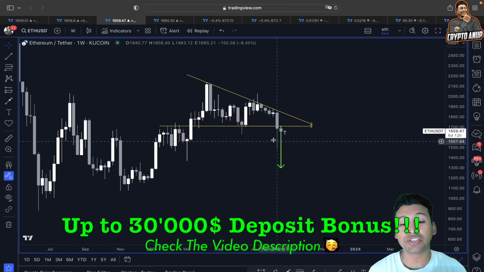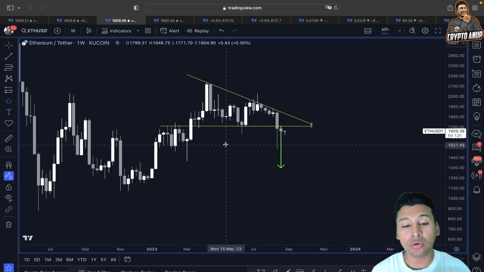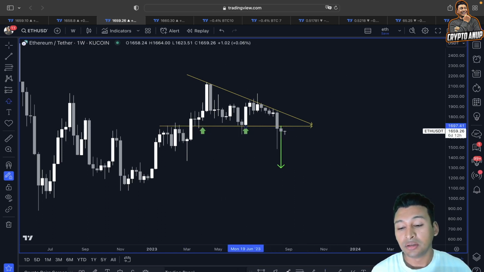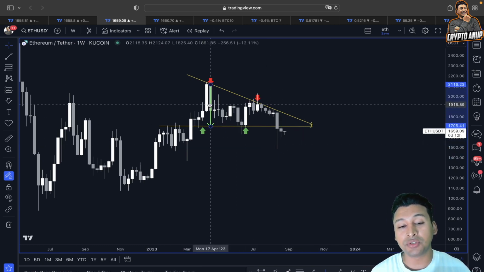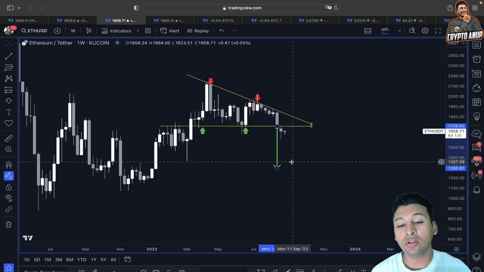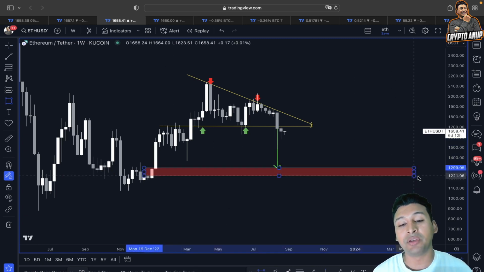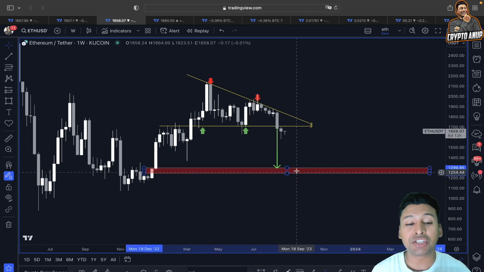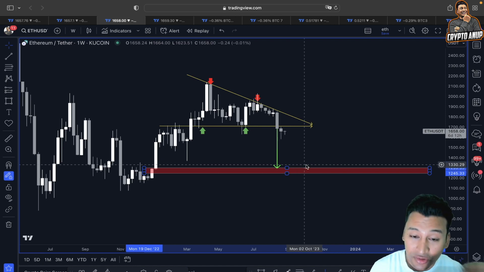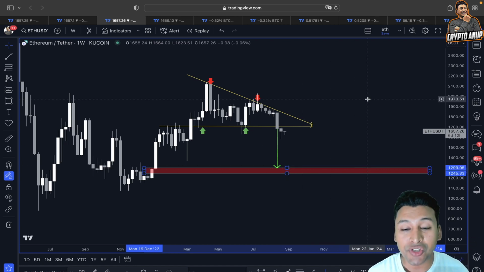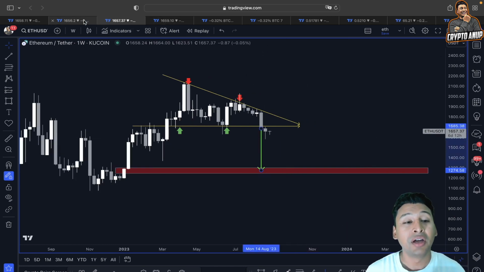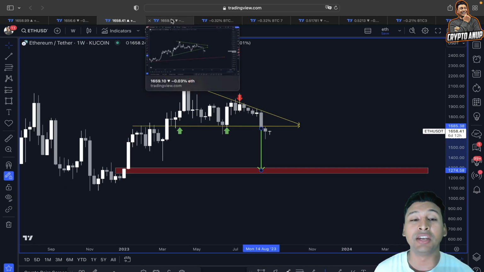Yes guys, this descending triangle lower trend line has also been broken, right? Now if this bearish continuation is going to play out, the price objective from this descending triangle is also somewhere around the 1,000 to 1,200 range. So that is another reason why we have to be careful, because the price for the coming days could get attracted towards this key line of support before choosing a trend direction. Yes guys, these are some bearish scenarios which can be seen if you look at the price action of Ethereum here in a weekly time frame.